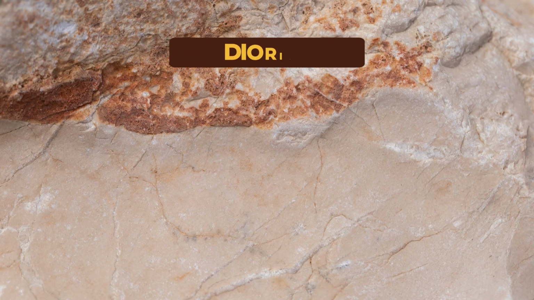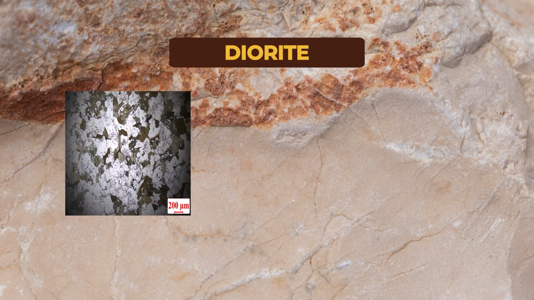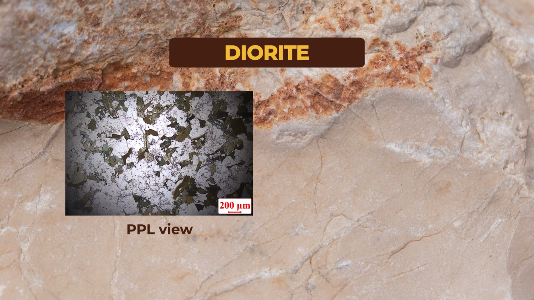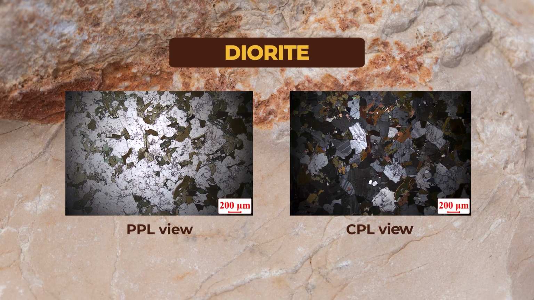Here is an example of the diorite in thin section view. You can see the PPL view on the left hand side and the CPL view on the right hand side. Plane polarized light view, cross polarized light view. Here you can clearly see these brown colored minerals over here are biotite, and some of these green minerals are hornblende. Under PPL, it is easier to recognize the plagioclase feldspars, which are showing these alternate light and dark colored bands. And from the texture, you can make out very clearly that it is a holocrystalline rock. And the grain sizes are medium.